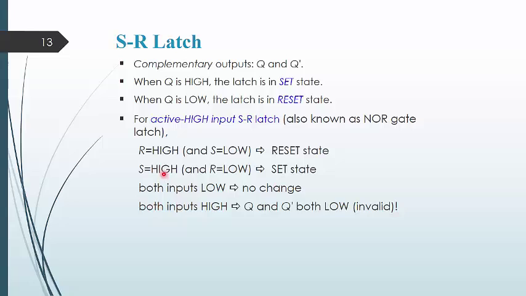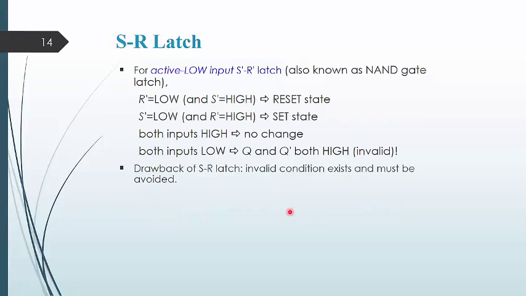But if R and S are both low, then there will be no change in the state for the next incoming clock value. But if both the inputs are high, that is R and S are high,